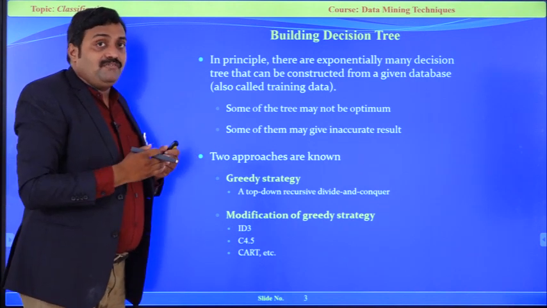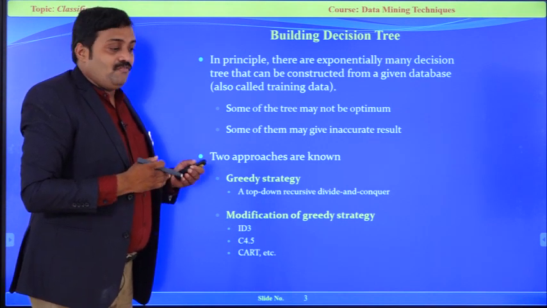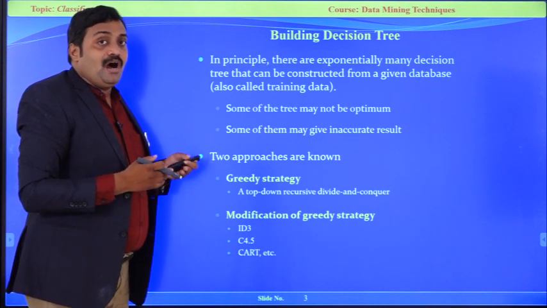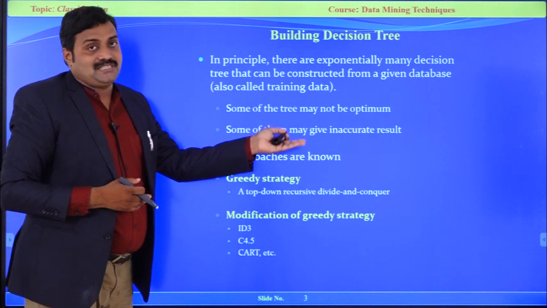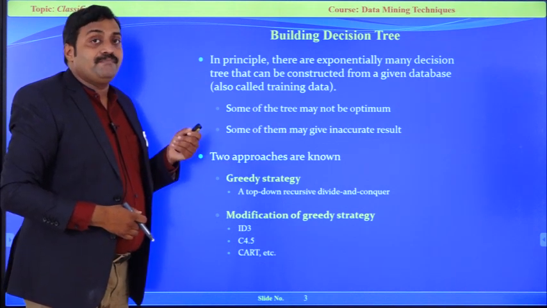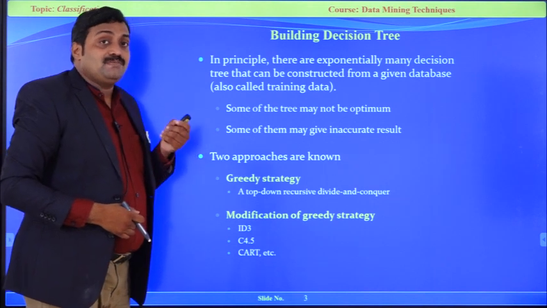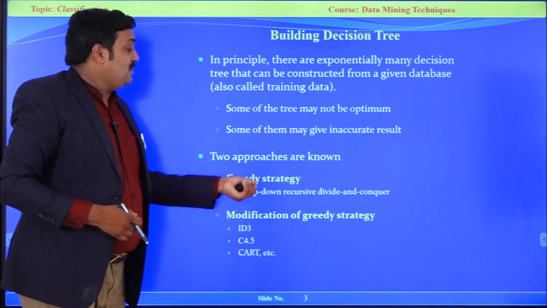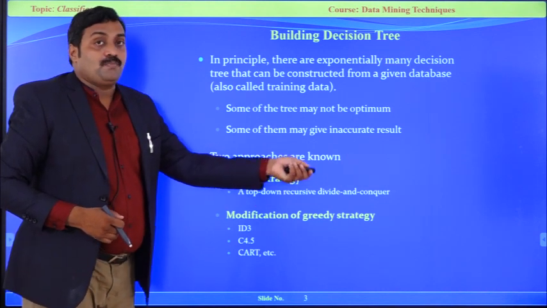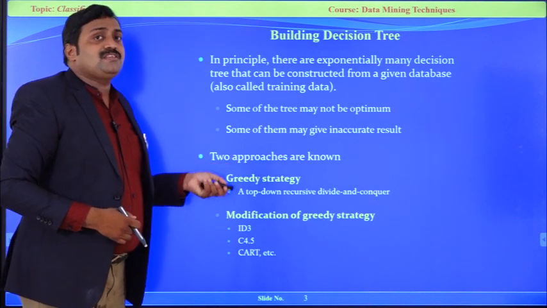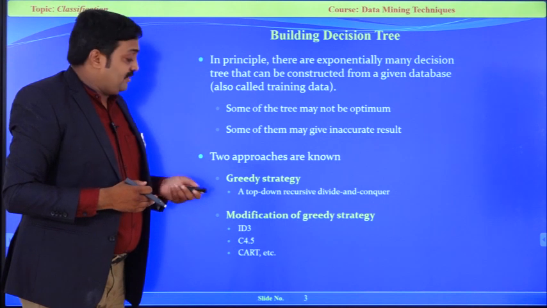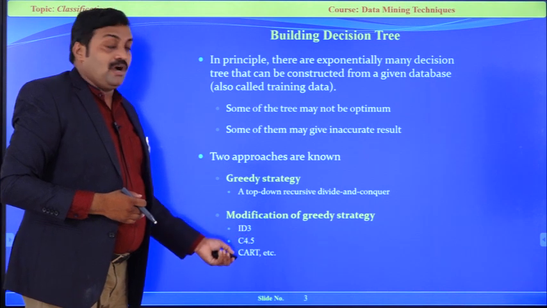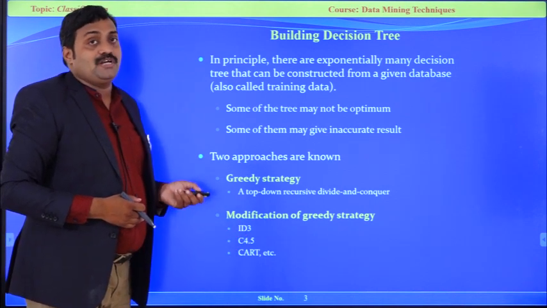So based on the definition, we can construct as many decision trees as we like. What will happen when we create so many decision trees? We cannot get the optimal decision tree, or there is a chance of inaccurate results. We cannot reach our aim. Then we need some strategy to construct the optimal decision tree. The best and easiest approach is the top-down, recursive, divide and conquer approach, that is called the greedy approach. And here also some issues are there that can be overcome with the help of ID3, C4.5 and CART. These are some of the decision tree approaches to construct a good decision tree.